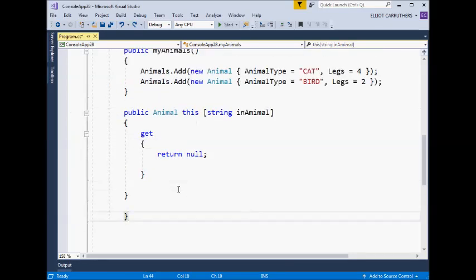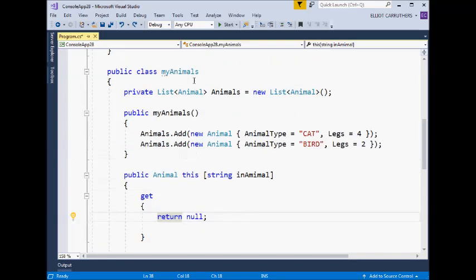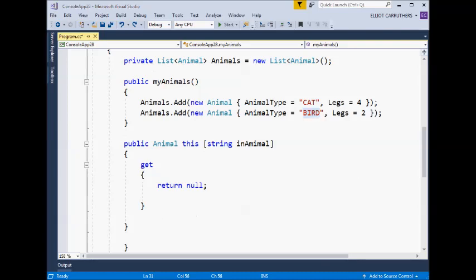So let's put the indexer logic in here, because the indexer is actually going to index this class, and we're going to look through this, and we're actually going to be able to search inside the class. So let's add that. Okay, so we're going to replace this, we'll leave the return null there. I'm going to say foreach